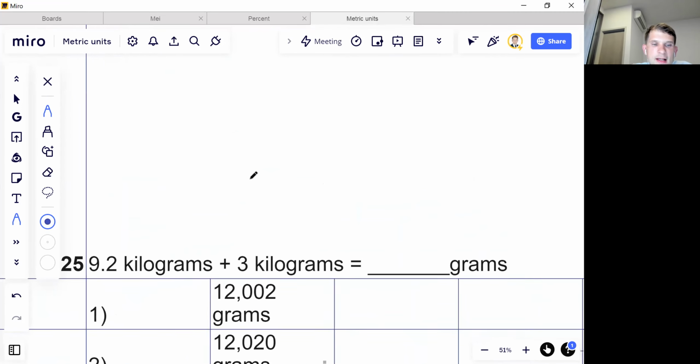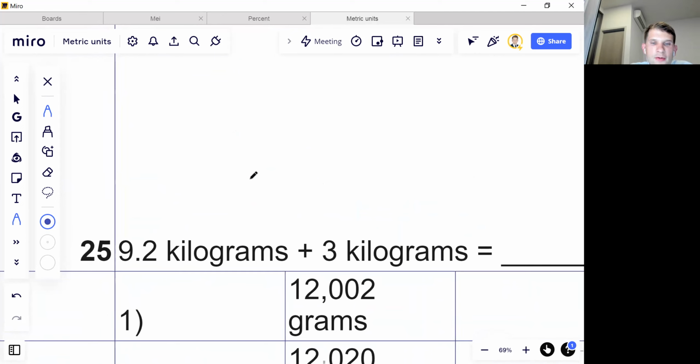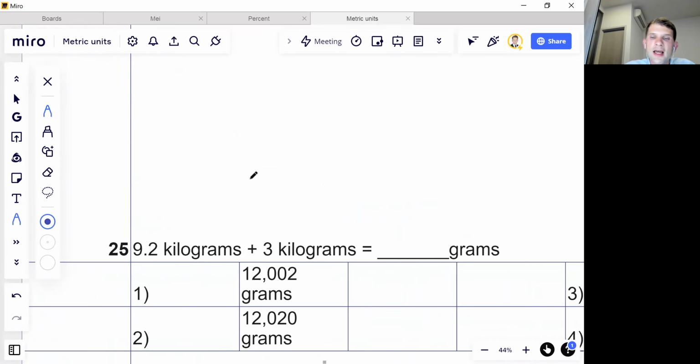It says 9.2 kilograms plus 3 kilograms. Okay, so that equals how many grams? Okay, so there's a few ways you could do this. You could start by converting each of these to, say, grams first, or you could add these up as kilograms and then convert to grams. Either one is fine. I'm just going to add up quickly